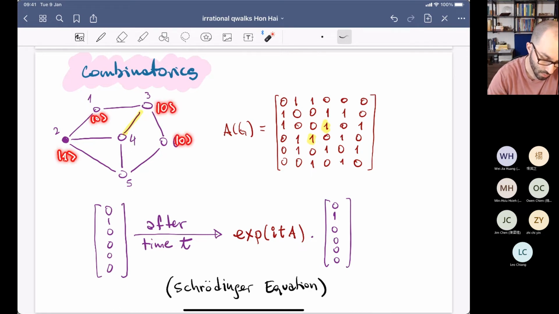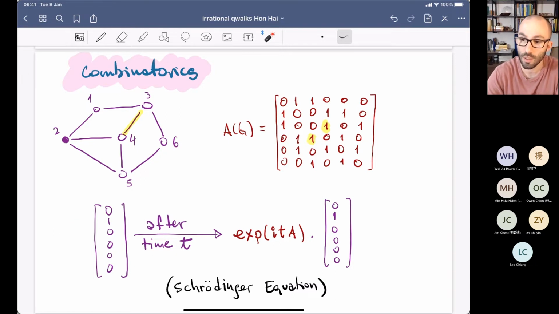That is what I represent when I put a dark shade at that vertex and a light shade on the other ones. And then this is the vector that represents this particular state in this one excitation subspace,